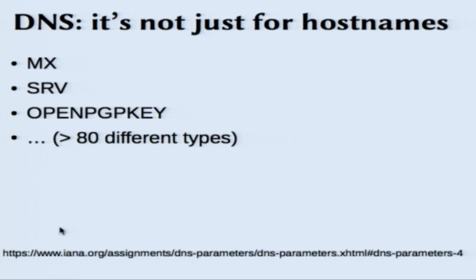There's old stuff like MX records, which will actually leak information about what domain you're emailing to. And then there's things like OpenPGP key, where you might actually end up sending the name of whoever you're contacting directly to the DNS. Or not the name, but the individual email account, which is a significantly larger privacy leak. So there's a bunch of other stuff that could go on in the DNS, and people want to use the DNS for that. And so we need to make sure that DNS queries aren't as obviously subject to associational surveillance.